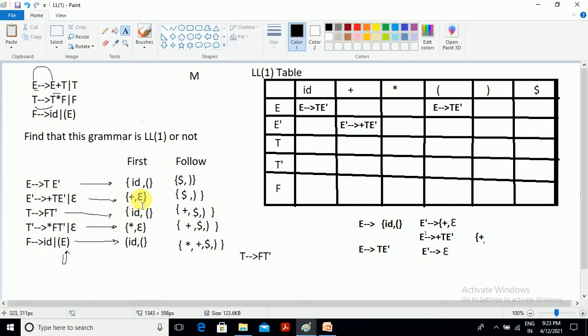Now we have done it for plus, but what about the epsilon? For this epsilon we have to follow another rule.